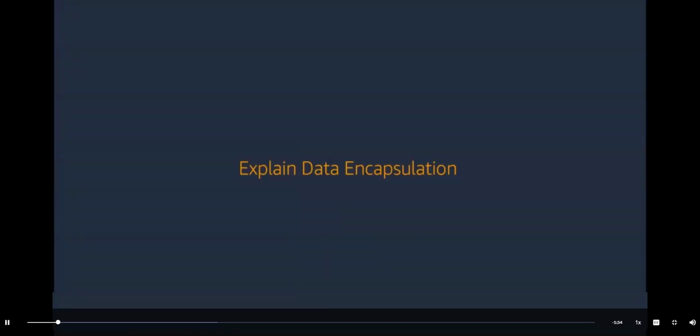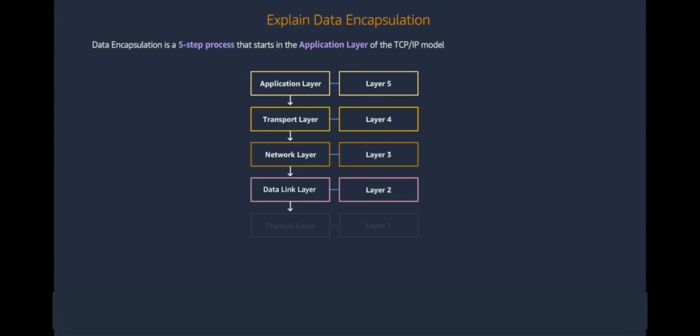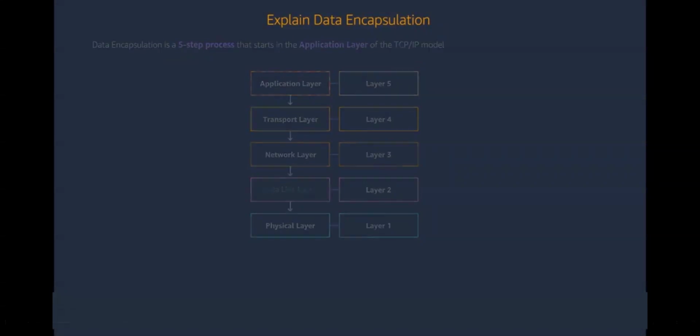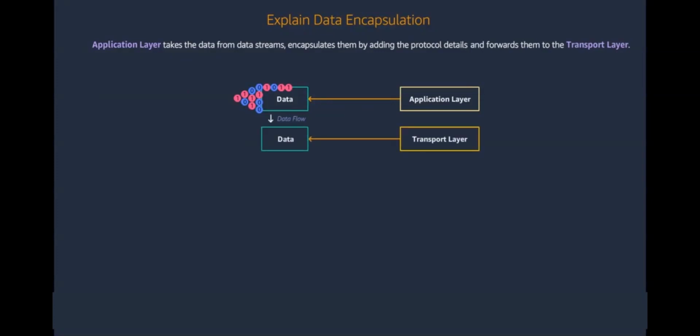In this video, let's learn about data encapsulation. Data encapsulation is a 5-step process that starts in the application layer of the Transmission Control Protocol/Internet Protocol, or TCP/IP model. The application layer takes the data from data streams, encapsulates them by adding the protocol details, and forwards them to the transport layer. The transport layer takes the data from the application layer and breaks the data into segments,